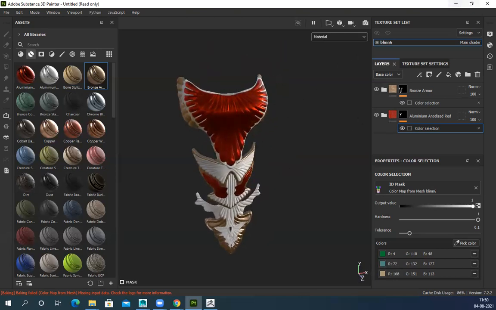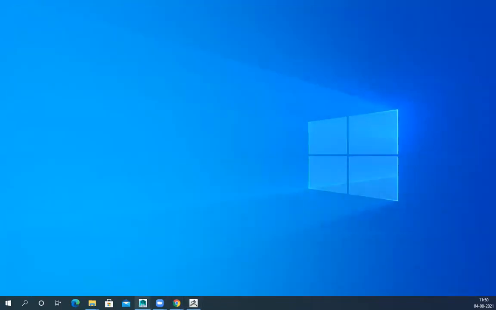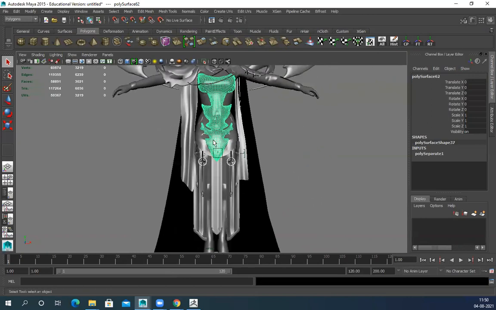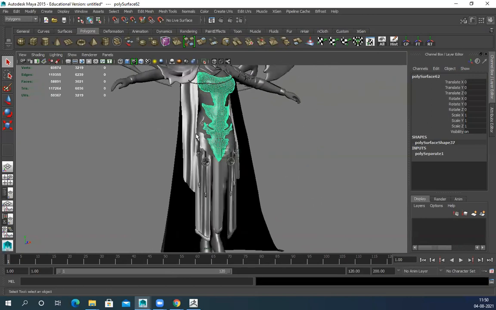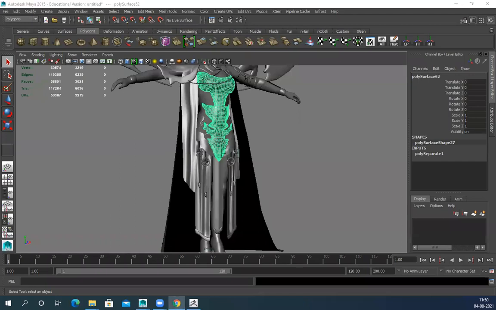So let's see. Now I'm planning to bake this. Sir, I have a doubt. Please tell me. Sir, I have sent my model. There is an error coming in it. It happened after remeshing, sir.